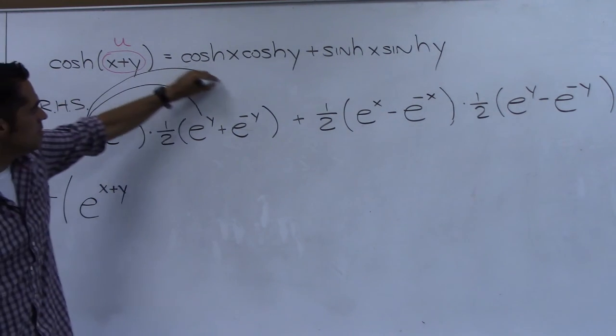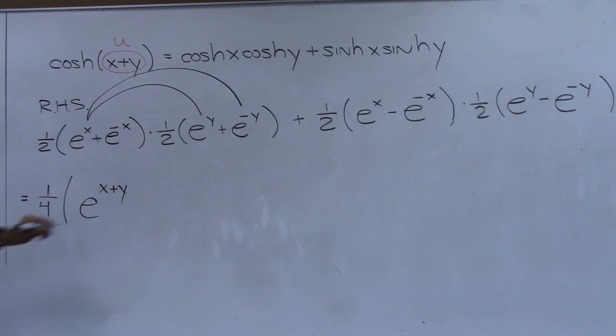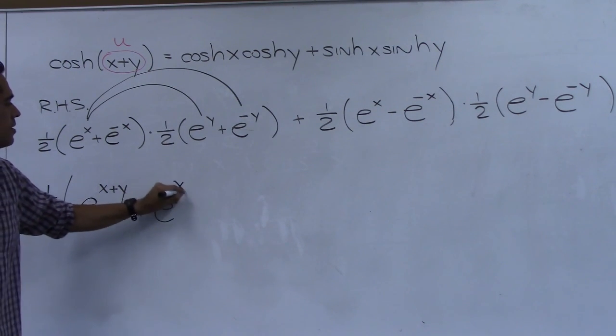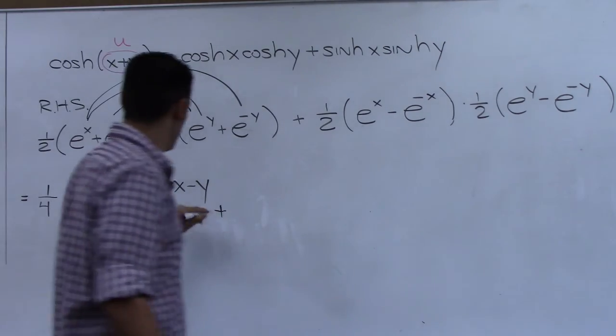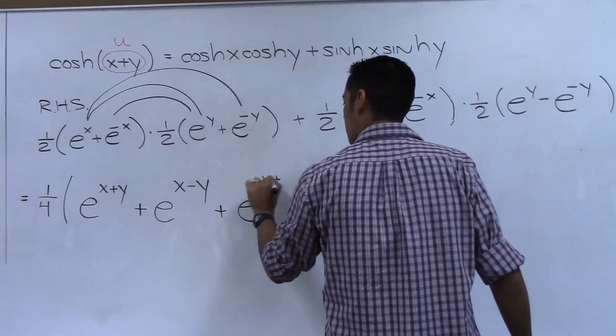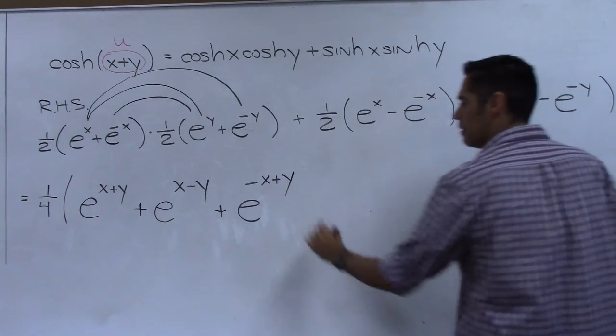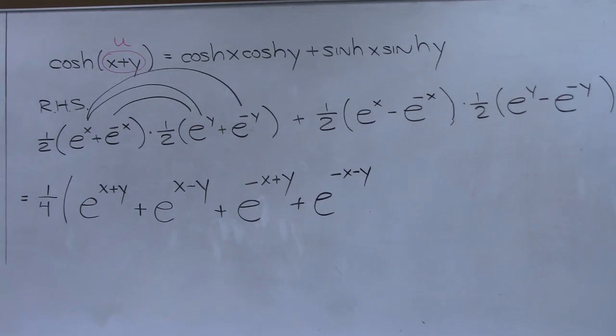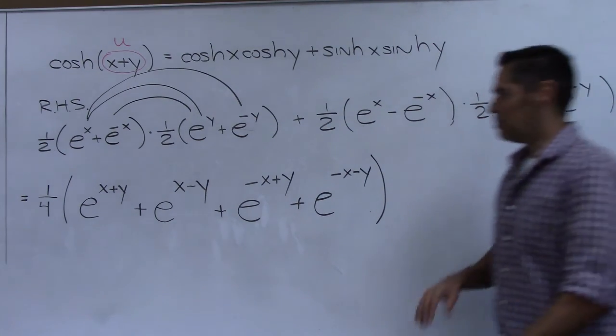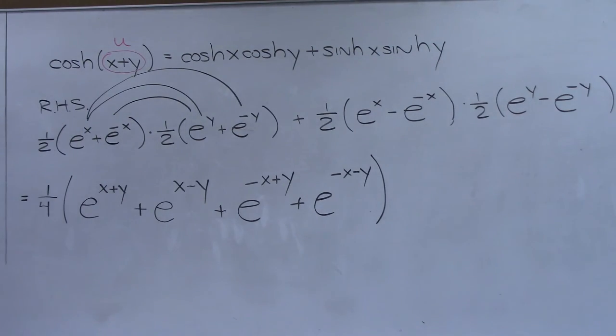Now we do this times this. You want to keep going, Ron? Yeah. Okay. X minus y. So what do I put here? Plus e to the x minus y. Everyone still aboard? And we've got to keep going. There's going to be 4 of them here. So plus e to the negative x plus y. Good. Plus e to the negative x minus y. There we go. I agree. Close the parentheses. Okay, now I'll stop, Ron. You've proven yourself already. All right, so that's just the first group here.